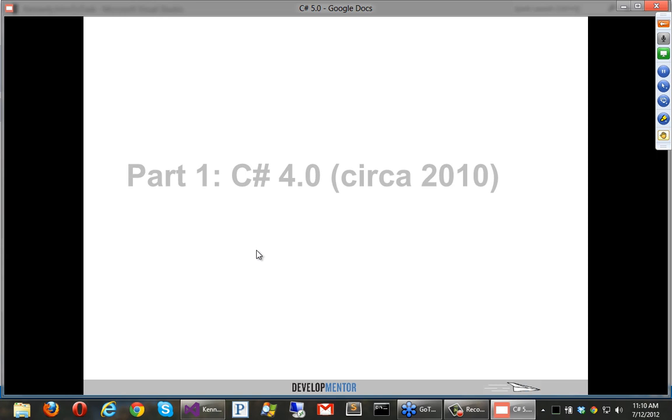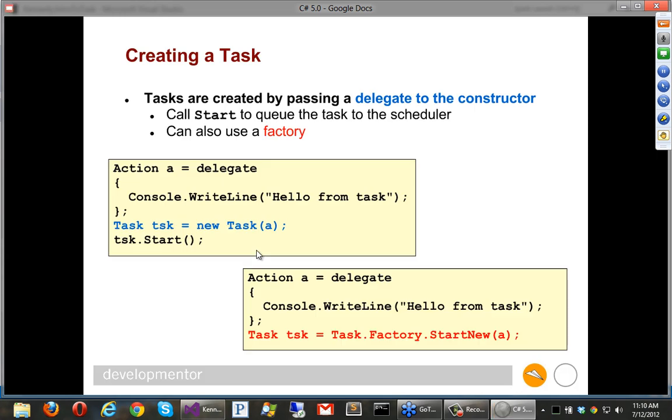Okay, so around 2010, we had .NET 4 introduced, and .NET 4 came along with this task class. The task class is really similar to the thread class that we've known for a long time, since 2001, 2002. It takes a delegate, and you can say start on it, just like the thread. But there's a whole lot of features added on top of it that make it much nicer than just the thread class. For example, it can return values, you can compose them, you can chain them together, and so on. But in this simple example, it looks kind of like that.